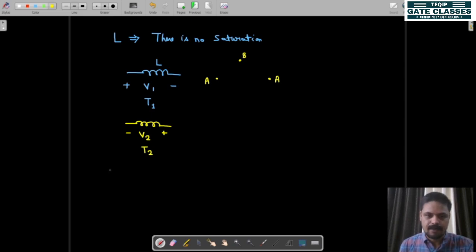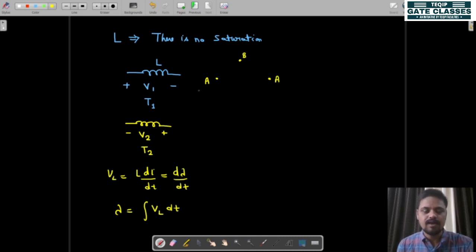a function of t, right, and you know that there is a certain value of flux which any inductor can carry before saturation. So, since it is a function of time, and how it is a function of time, from Faraday's law, VL is equal to L di by dt or d lambda by dt. So, this lambda is equal to the integration of VL dt. So, if suppose the voltage across the inductor is V1 for a quite long time, then this function is going to be VL t. So, in this way it will be saturated.